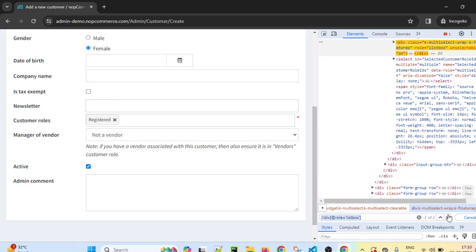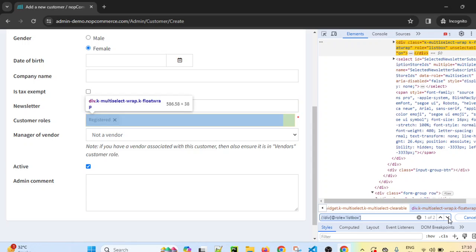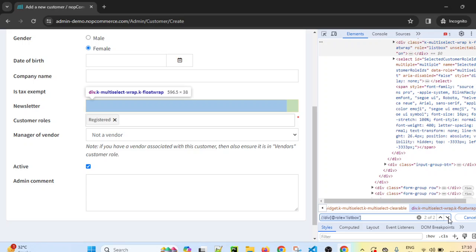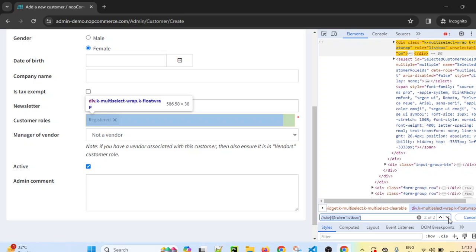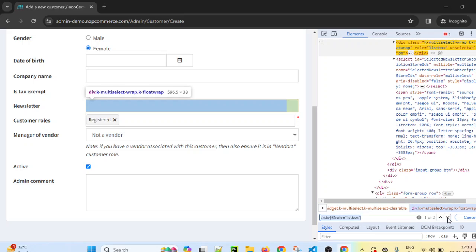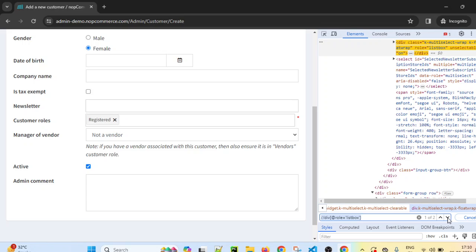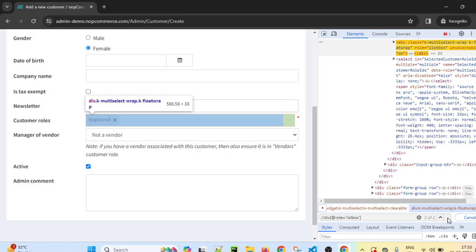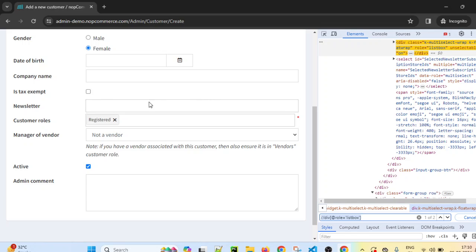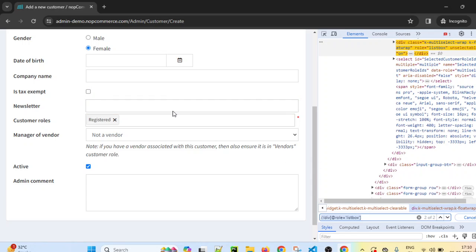So just understand here, since two elements are pointing to the same XPath, we have to first use driver.find_elements and store all the two elements in one list. From that list, the first option is newsletter, and the second web element will be the customer roles drop down, right?